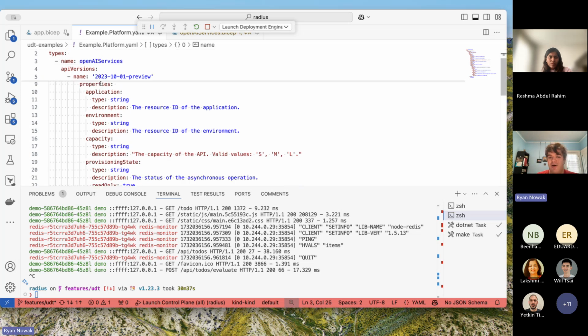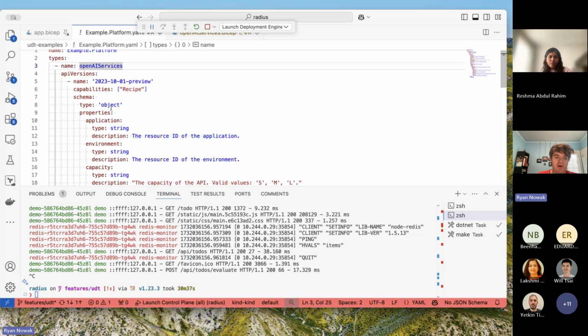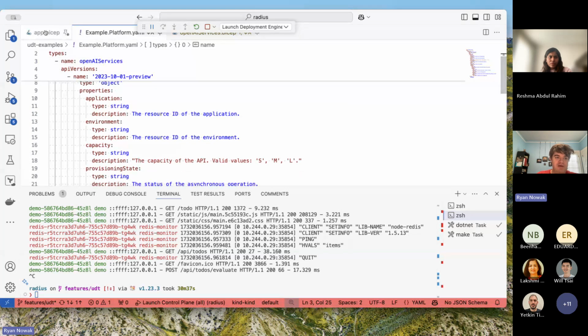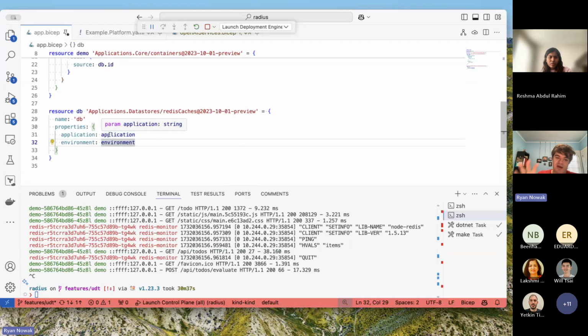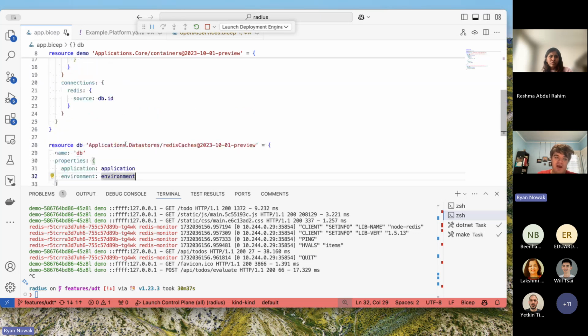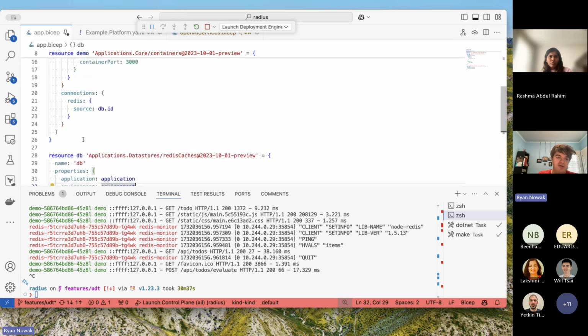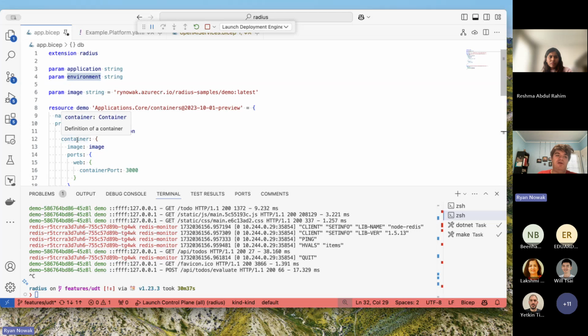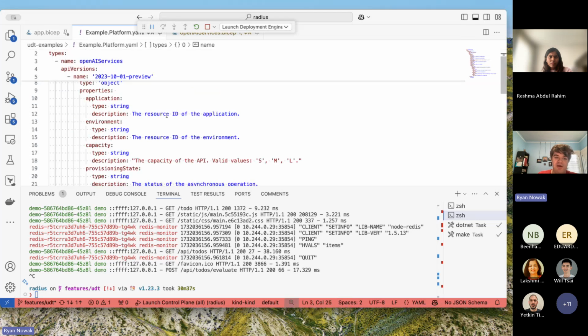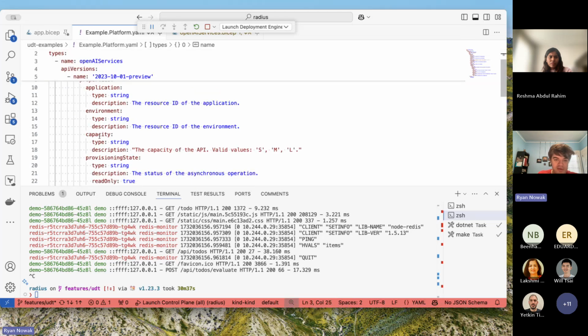OpenAPI schema. So I'm defining a schema for a resource type. If you flip back over here and you think about how the validation and completion experience around all of these types works, how does the editor know that there's a field here called container? Well, that's all driven by this schema. And most of this is boilerplate.